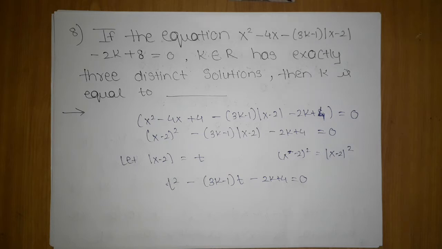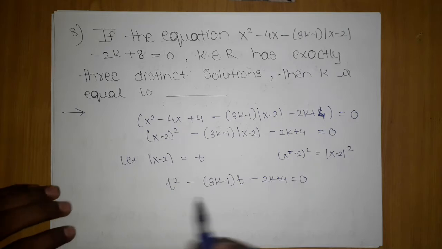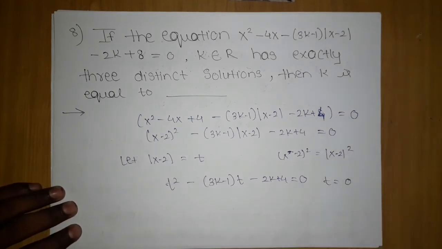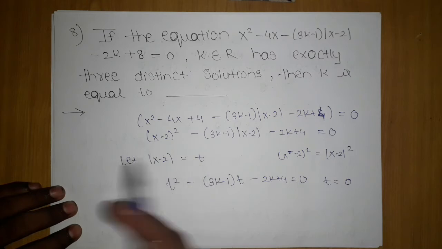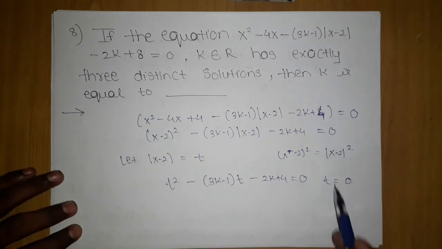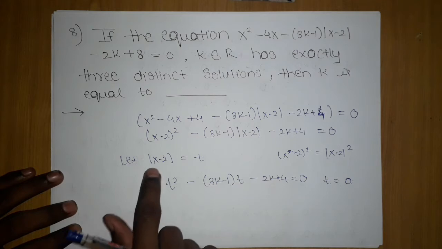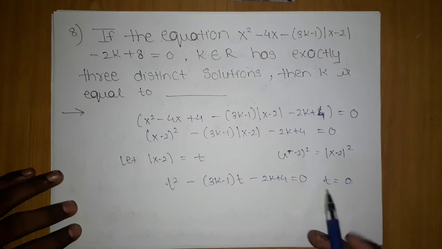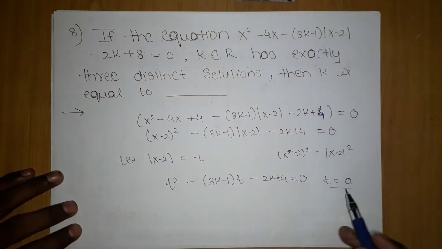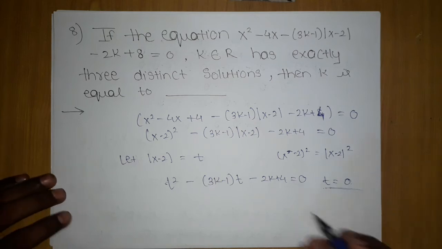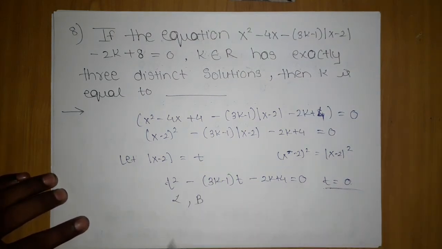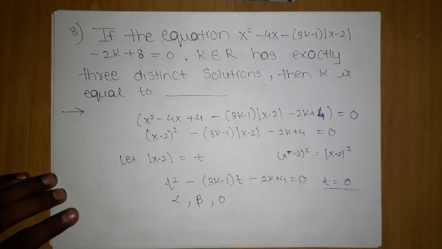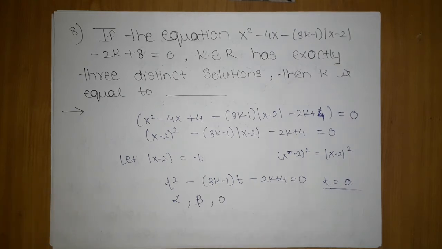Okay, so if you observe clearly, x minus 2 cannot be 0. So for sure t equals 0 will also be a root, because otherwise 3 roots will not be possible, and t equals 0 will be the imaginary root. Because mod x minus 2 should be greater than or equal to 0, that is the property of the modulus. If I take 0, it will come as unreal. Okay, and let's take the other roots as alpha comma beta. So we got the 3 roots alpha, beta, 0. So that was the trick part of this question.